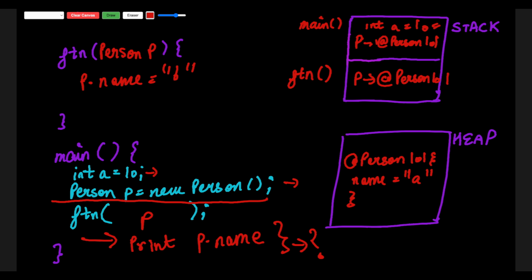Now, if you think from a pass by value perspective, then you will think that a new object is created inside the function. So if the name variable inside the object is changed, then it should not change the name variable of the object inside the main function. But you should be aware that the p variable doesn't store the object, it just stores the reference. The object is stored in the heap memory. So if you change the heap memory, and because both p variables are pointing to the same object, p.name will be changed for both of them. So p.name will be b in the main function.